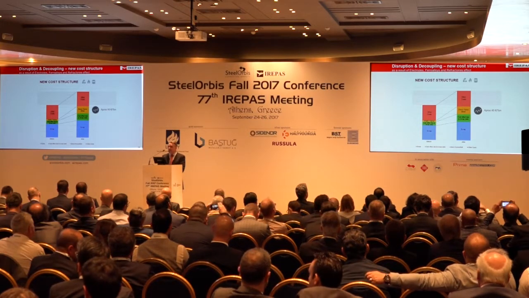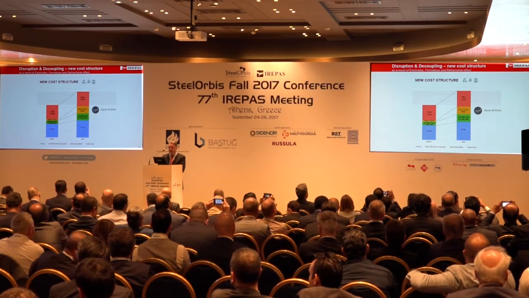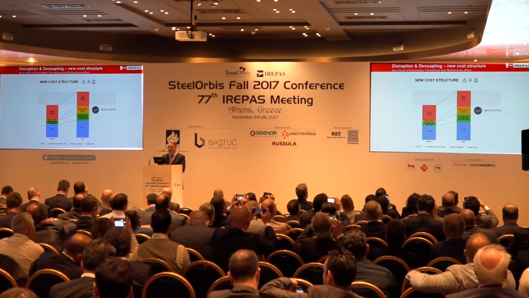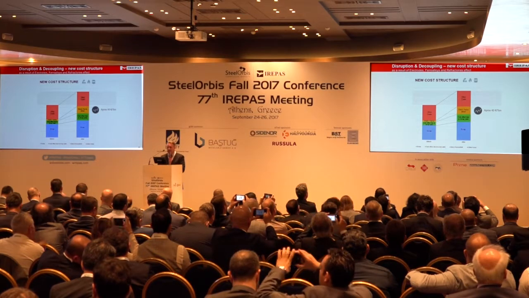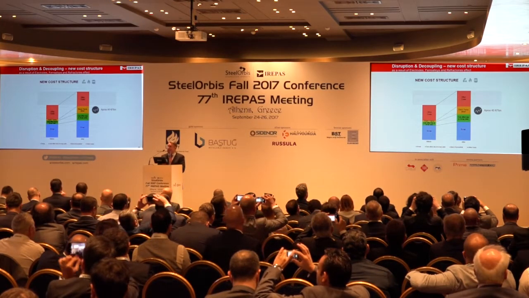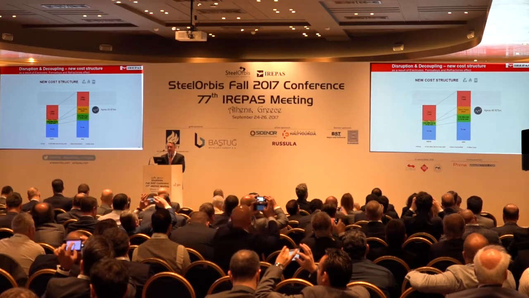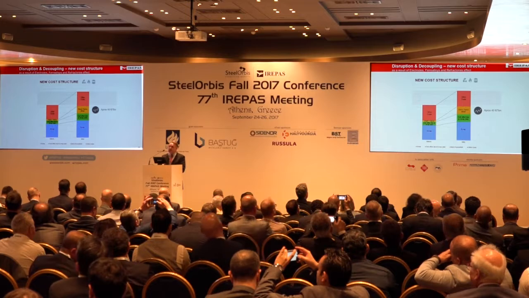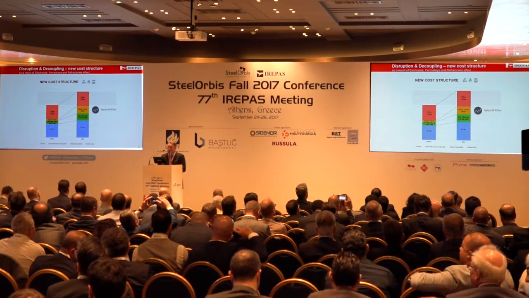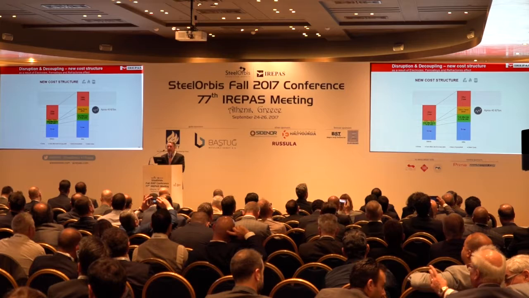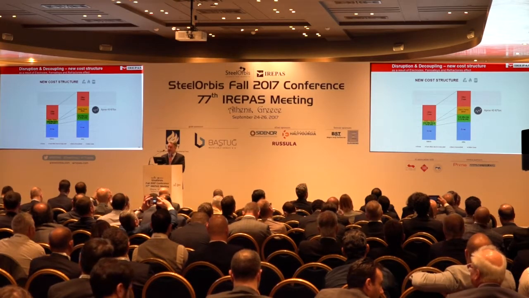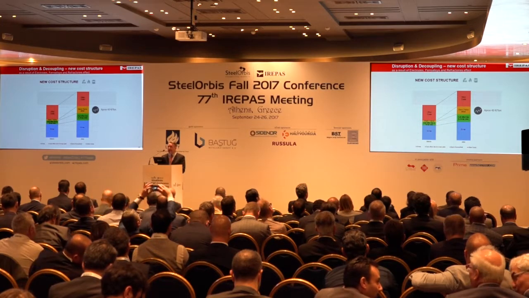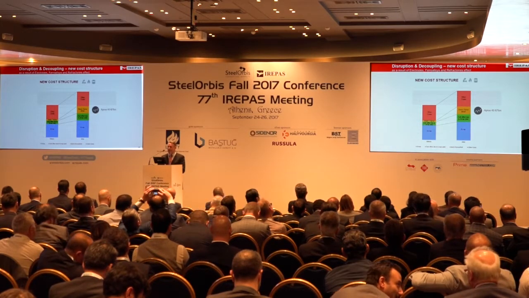You can see two columns showing our cost structure, let's say in 2016, with the scrap, the yield that implies a higher cost of the scrap, electrodes, let's say a small bar, and then other costs. Today, we have an increase of cost that we calculate at approximately 40 euros per ton. Yield is higher than in the past because the scrap price is higher, and this is a new phenomenon